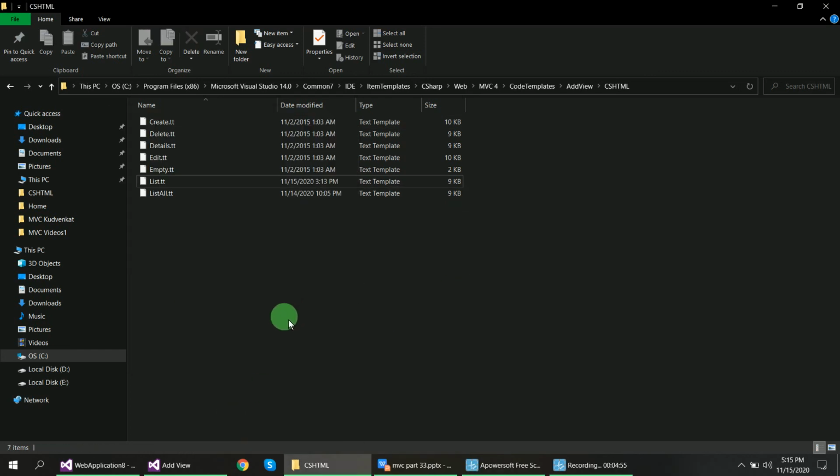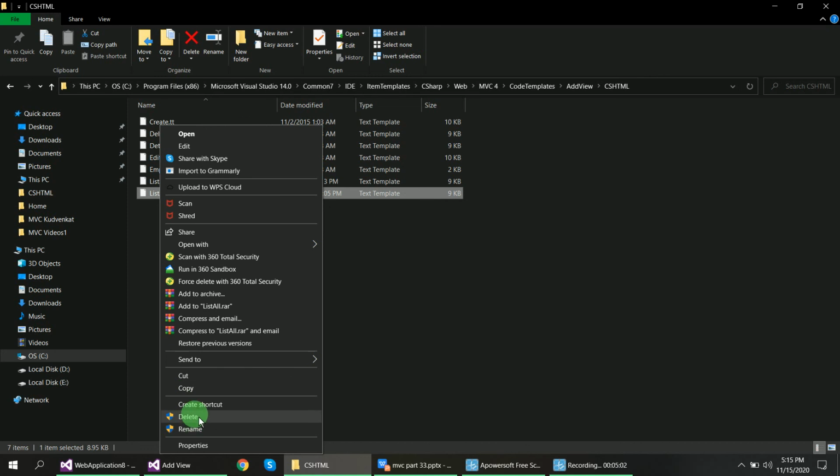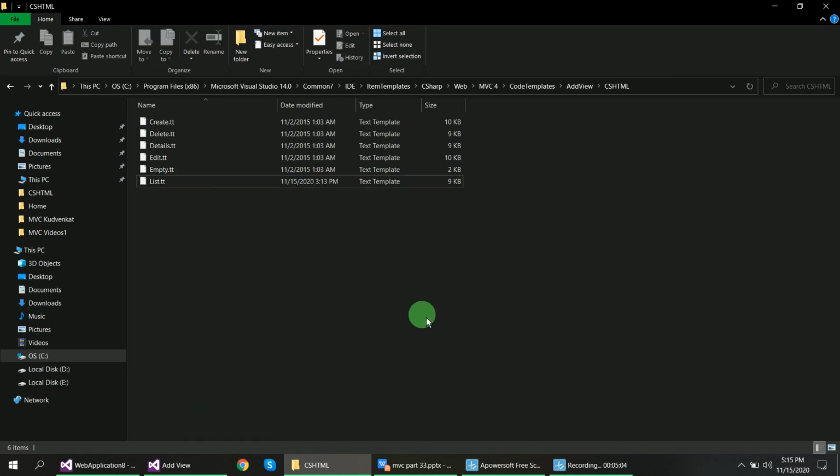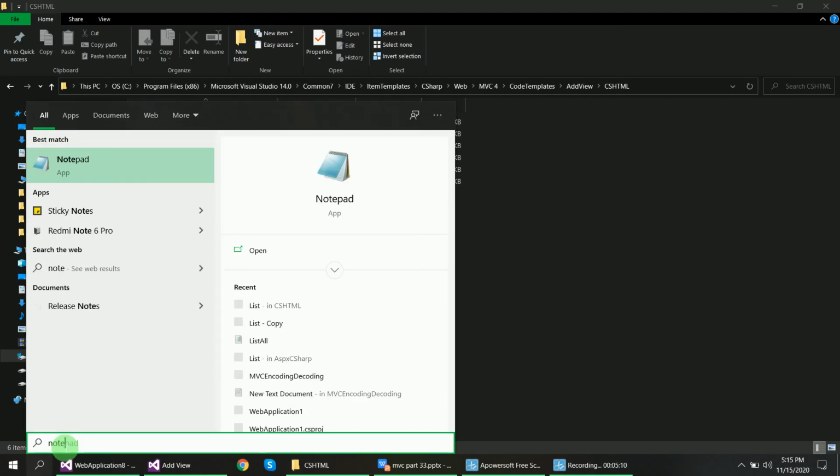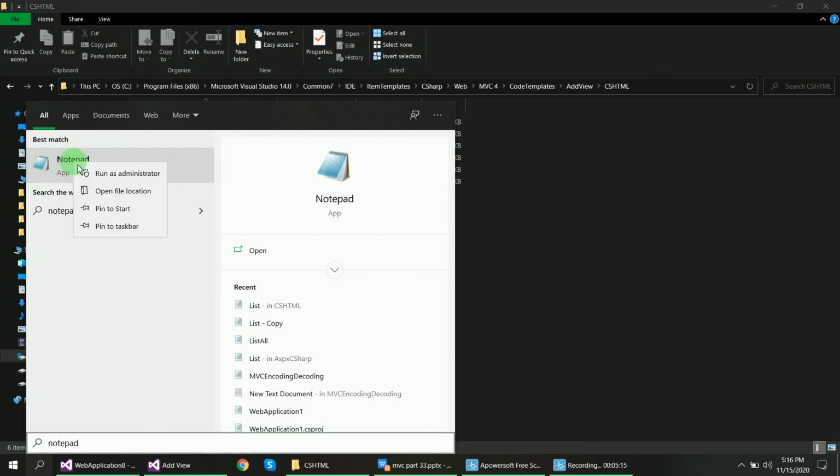To edit, you need to open Notepad as administrator. So I will use Notepad, and you will use run as administrator.